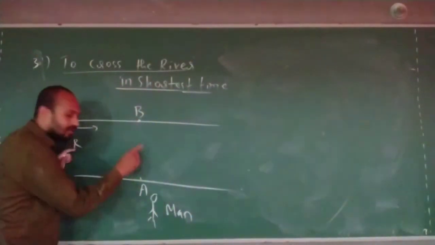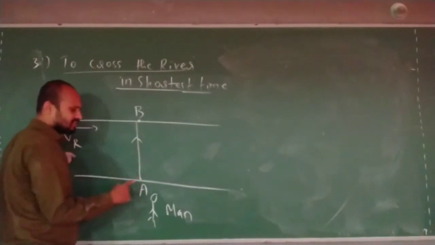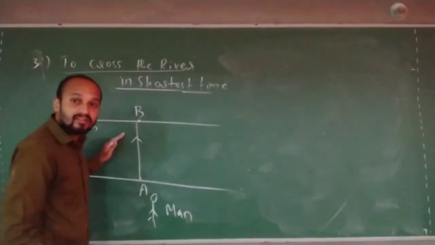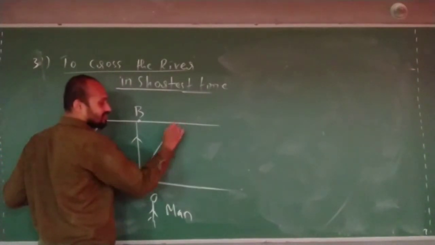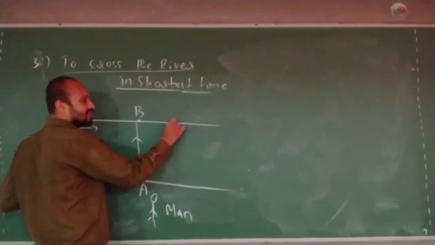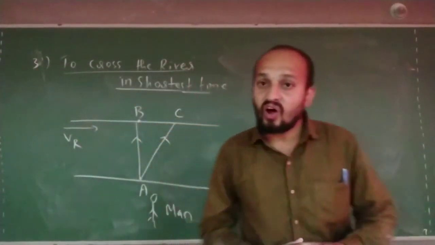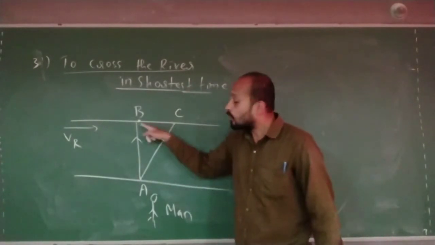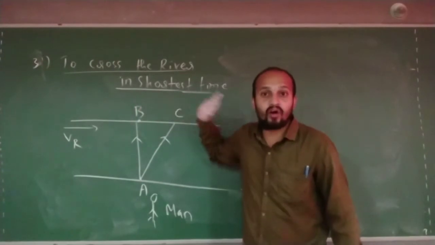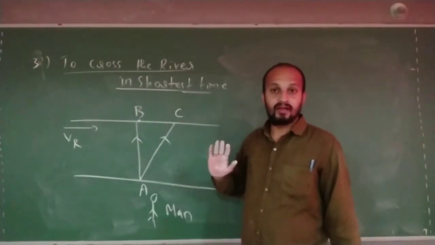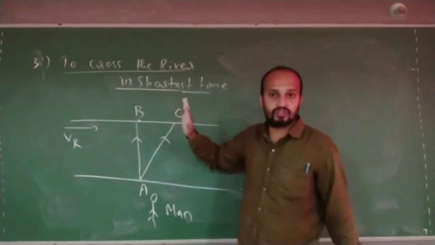With respect to the river, he just needs to move like this, such that the river will push him like this. He will reach a point C. My target is not reaching point B now. My target is to reach that side bank of the river. Are you understanding? Anywhere I can reach. Correct now?